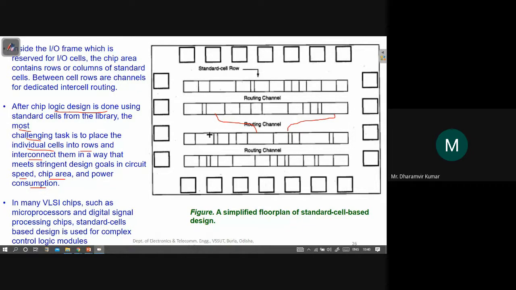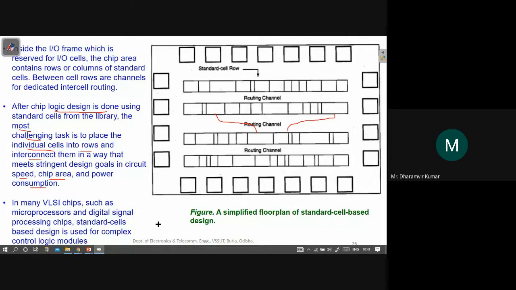Okay, and then on the periphery of this block, on this chip, you'll find these small squares placed. So this will contain the different input and output pins of the whole circuit. So they will contain the pins, input and output pins, all around the periphery of the chip.